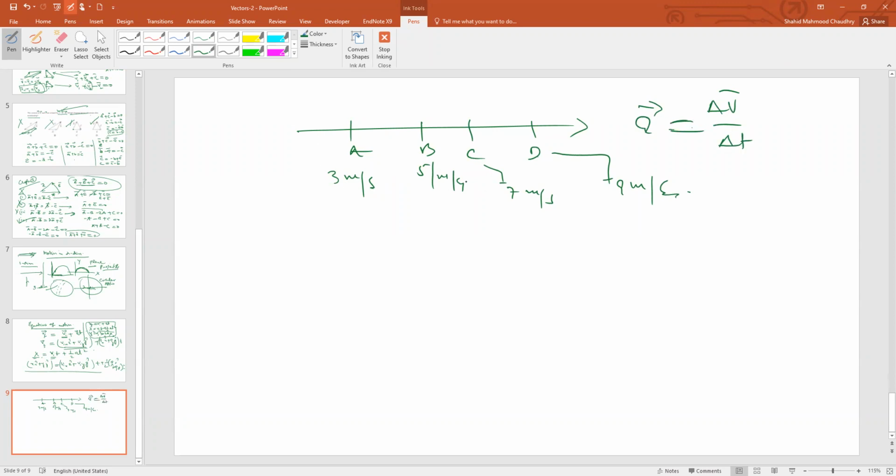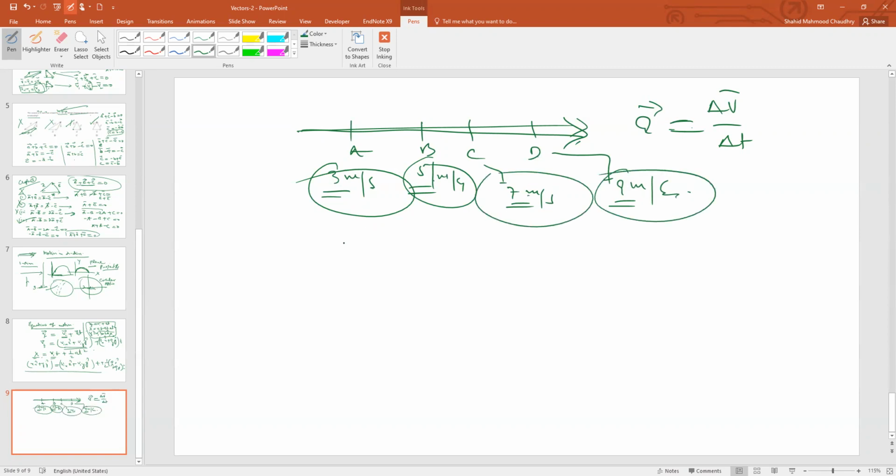Here, which thing is changing? This number is changing, which means the speed is changing. The speed is changing, but the direction is the same. You know that velocity has two things: one is the speed and one is the direction. So here the speed, the magnitude, the values, the numbers, are changing. Due to this change, acceleration is produced. This is one-dimensional.